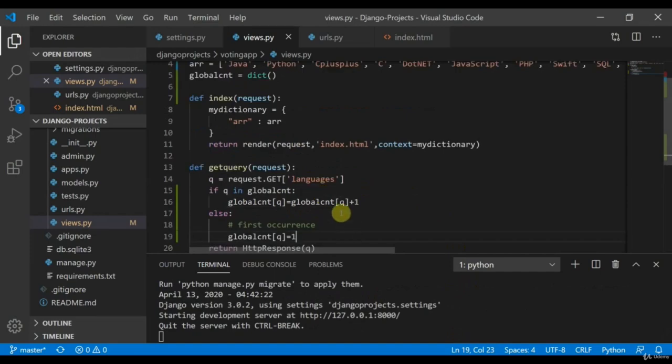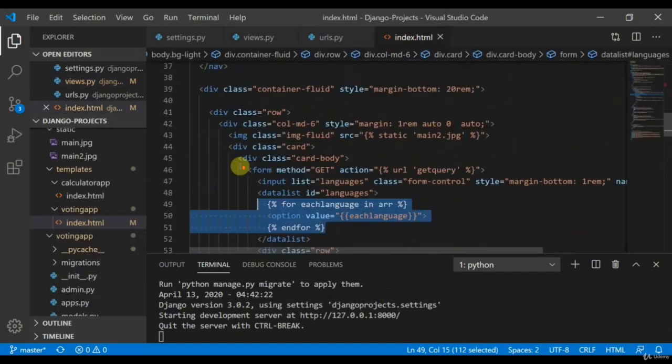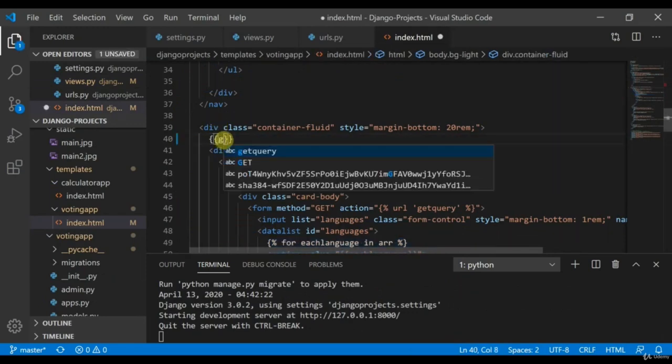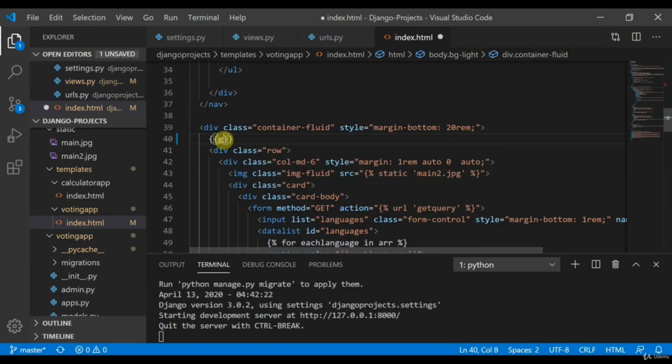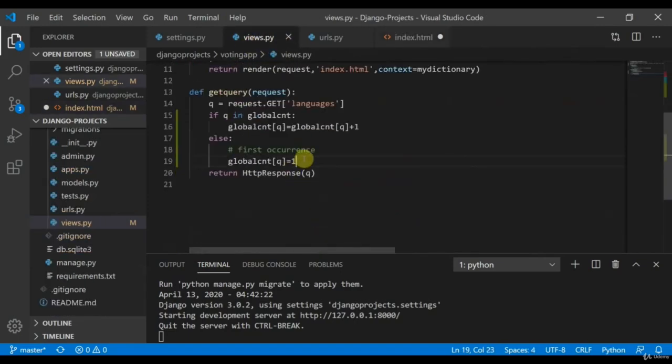So let me do one thing, I'll move to the index.html, and here we can print this till now. Okay, but we need to do one thing. For q in global count, global count of q is equal to global count of q plus 1, else for the first occurrence, global count of q is equal to 1.